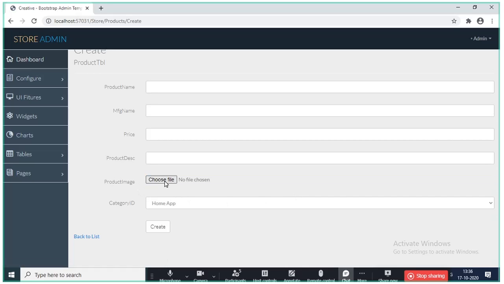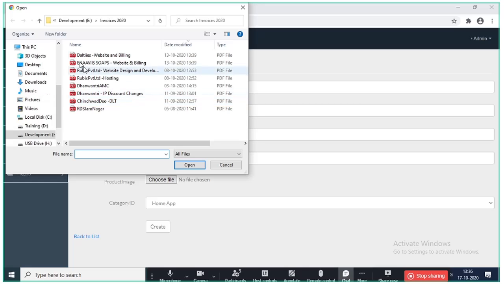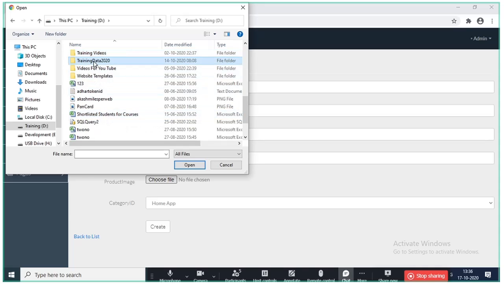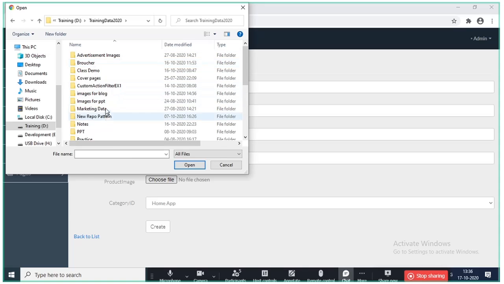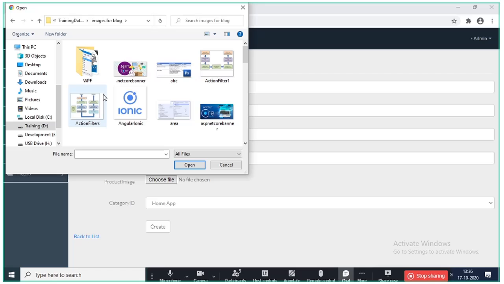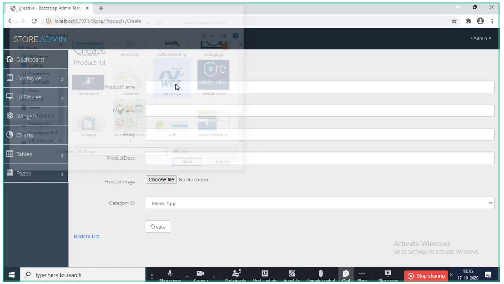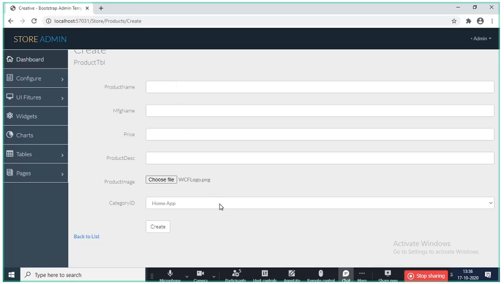Now I'll find the browse button here. Now we can browse any image if you want. Fine. So we can go to any image here and you can get that image. You can get any image, whatever image you want. Okay, it will be selected. But next thing, this image needs to be stored on the server, and to store